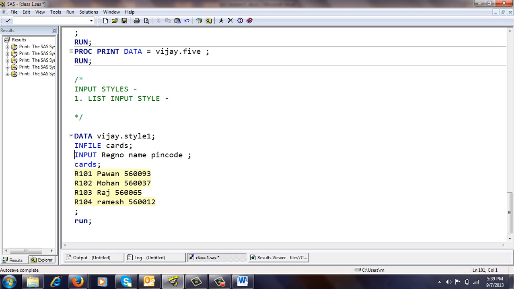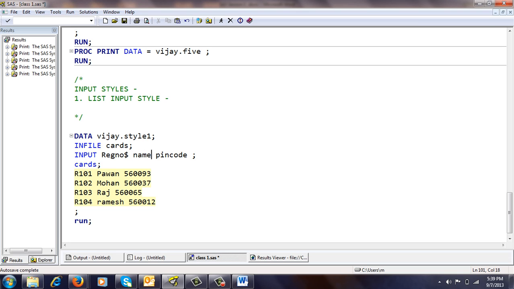So this variable, registration number: as a variable, do we take this as numeric or character? If we take this as numeric, we are not able to read character values like R. The first value is R, which is a character value. Under numeric we cannot read character values, so we need to put a dollar sign.